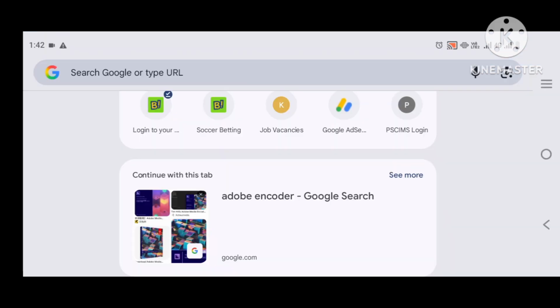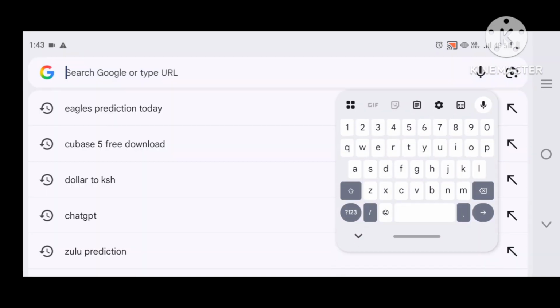So today we want to talk on how to download Cubase. We want to download Cubase 5. Now when you want to download Cubase 5, come to your Google Chrome and just type